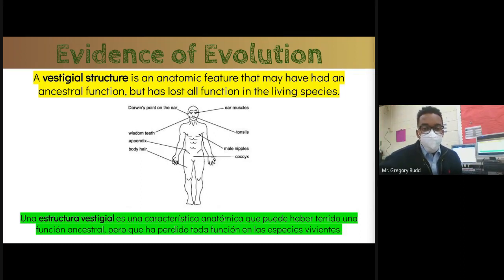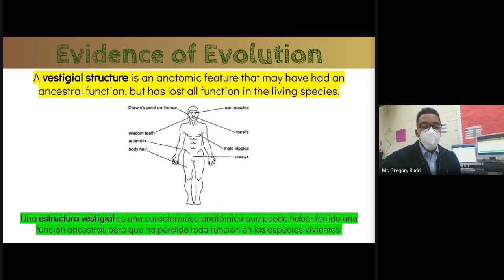And then we also see other vestigial structures, wisdom teeth. That's why when you reach a certain age, you should get your wisdom teeth taken out because they don't do anything for you. Your appendix, if you've ever heard of someone having an appendectomy, or you hear someone say, my appendix burst and I need to get my appendix removed, that's no big deal because the appendix doesn't do anything for us. It doesn't provide any function. So we can have it surgically removed and you can go on about your life like nothing happened.